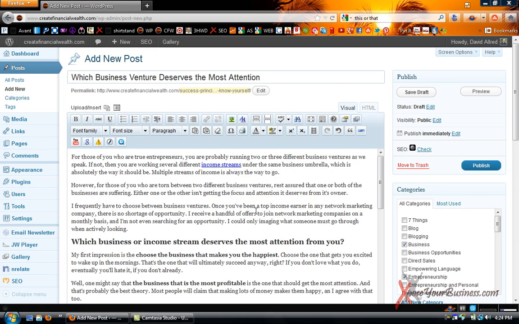Real quickly, I'd like to show you exactly how to insert a photo within your blog post content or within a page's content in WordPress, real simply and easily. Inserting a photo is probably one of the easiest things to do in WordPress. Very, very simple. Of course, I must warn you, you have to be aware of copyright issues if you're taking